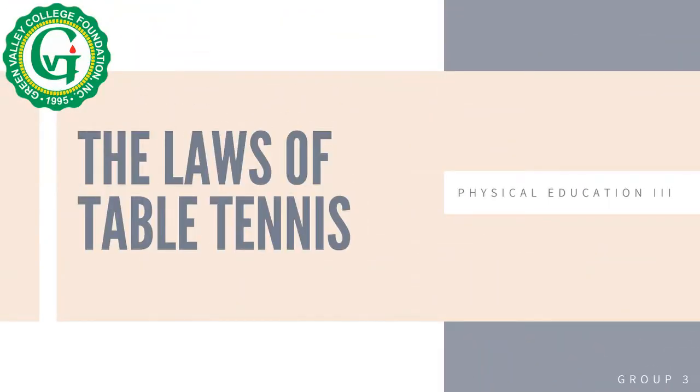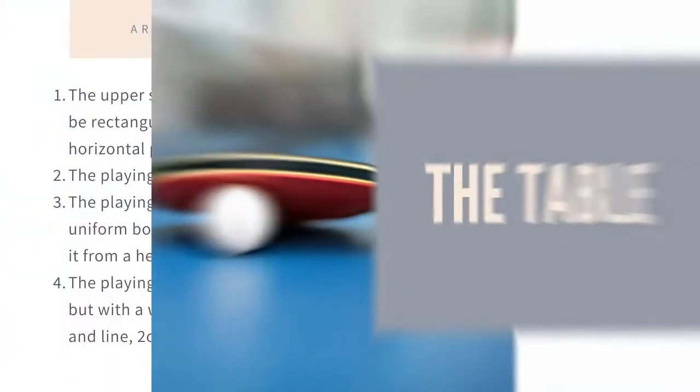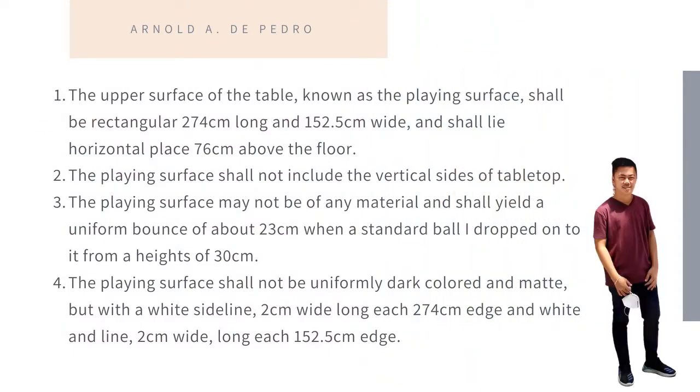Good morning everyone. For today's discussion, let's talk about the Laws of Table Tennis, edition June 10, 2004. Table. Number 1. The upper surface of the table, known as the playing surface, shall be rectangular, 274 cm long